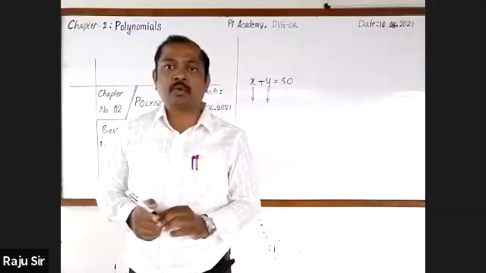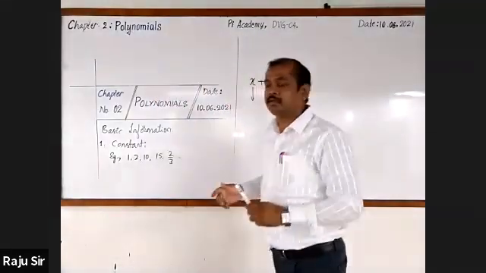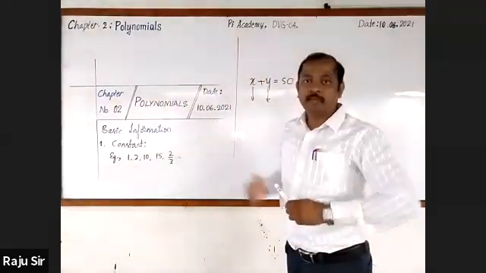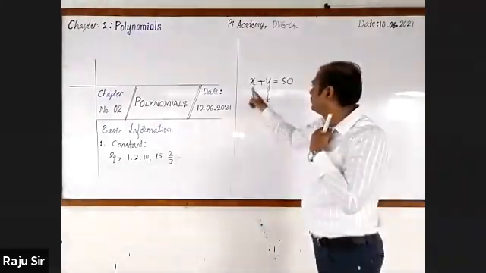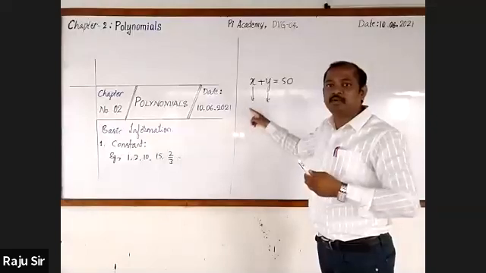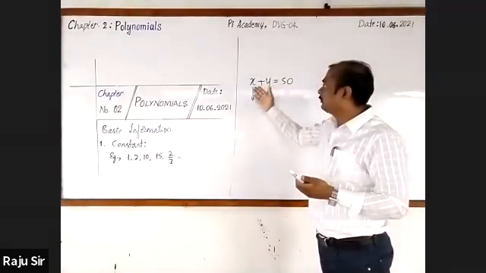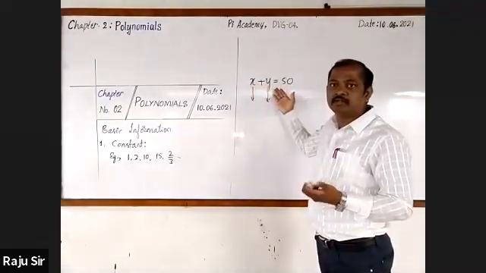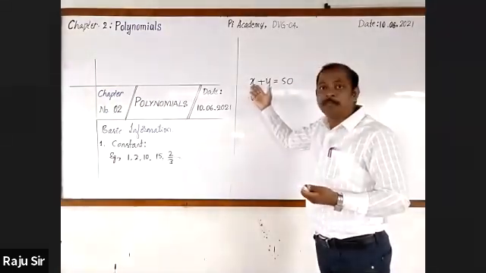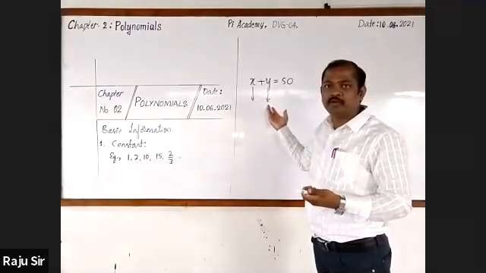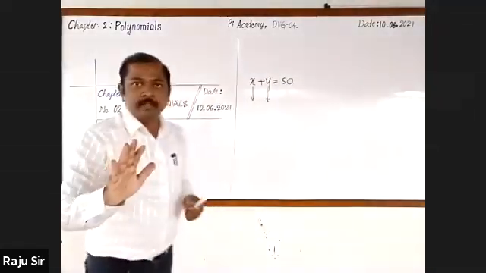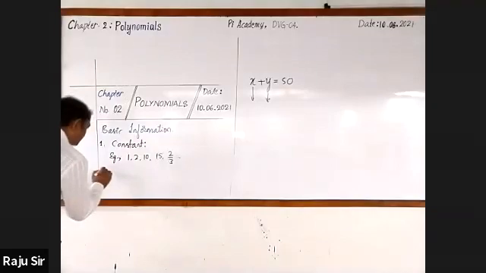These unknown quantities are known as variables. One says, sir, the number of boys is 25. No, it may be 10. If the number of boys is 10, girls are 40. If the number of boys is 40, girls will be 10. It will be different. Followed? Right. It is the second term.